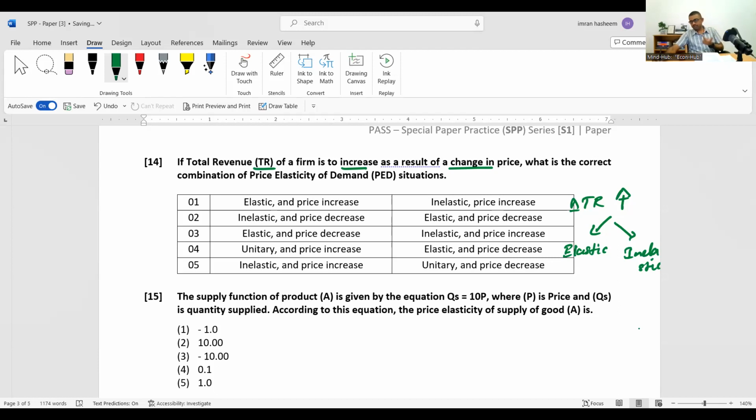Please listen. Really concentrate on this. These are really good questions to solidify or to perfect your knowledge on a certain area. What is the relationship between change in price and total revenue or total consumer outlay? If a product is elastic, what is the relationship? You guys know this. We've done a thorough job in the revision on this.